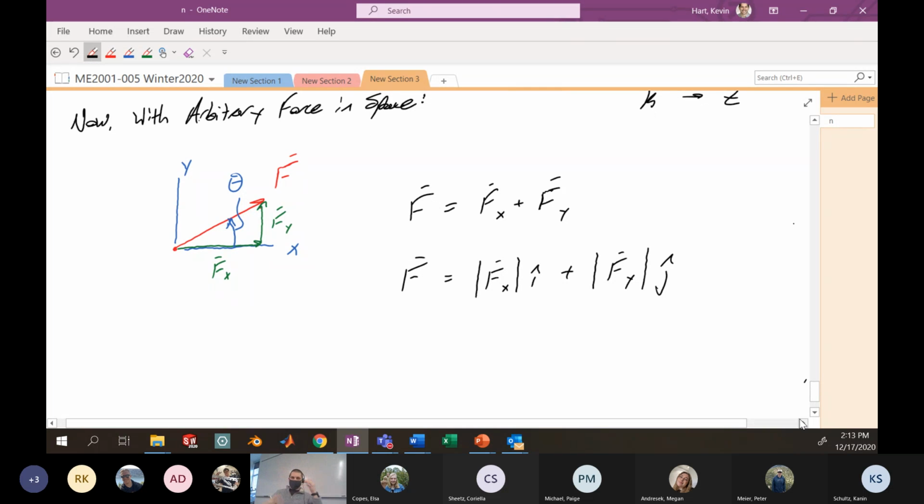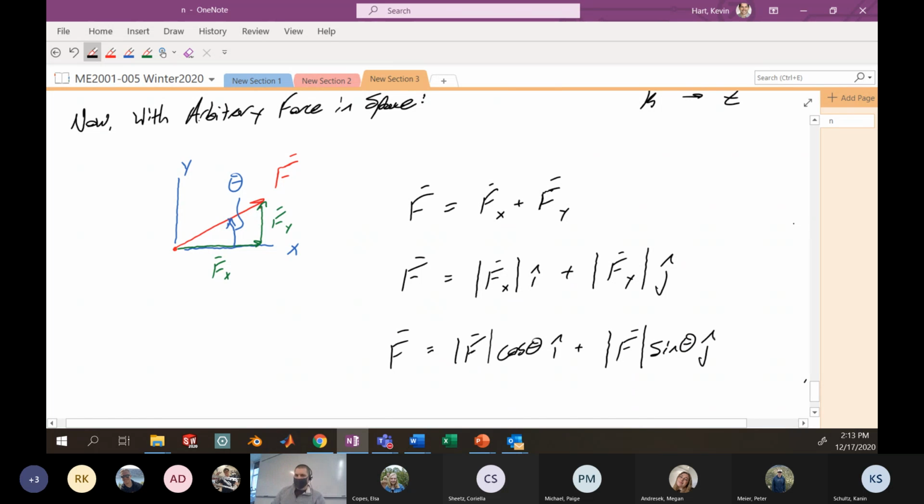We can use our trigonometric relationships to relate the magnitude of the force F to the magnitudes of the individual directions along X and along Y. So finally, we can represent this as the total magnitude of this force F resolved into the X direction with cosine of the angle theta, plus the total magnitude of the force resolved into the Y direction with the sine of the angle